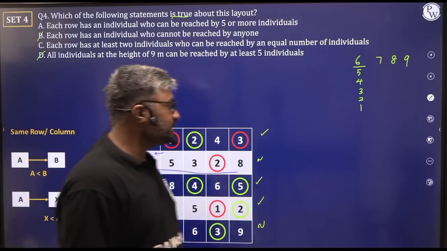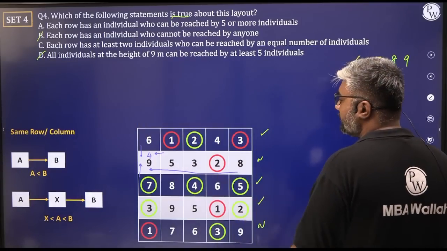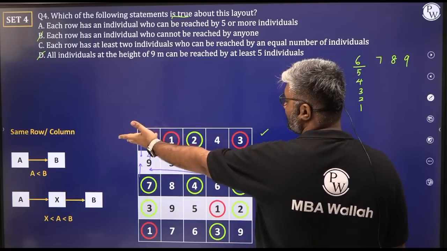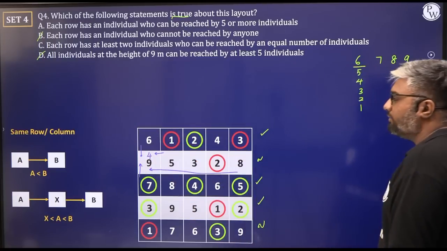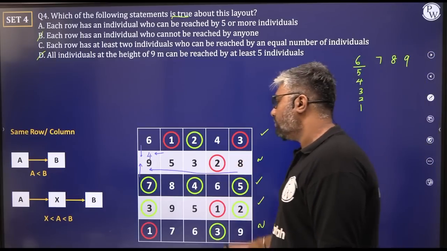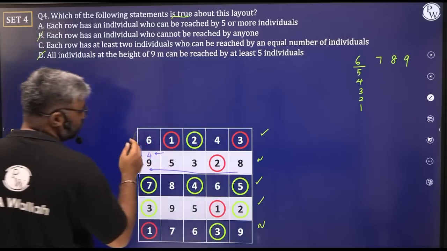Yes. So let's see. Which one do you want to do? Do you want to do this 8 or 6? 8 or 6, 8 or 6? You can do the 6 also. No harm, no foul. Luckily, we had already done it earlier. If you do this 8, it's cool. If you do this 6, it's also cool.